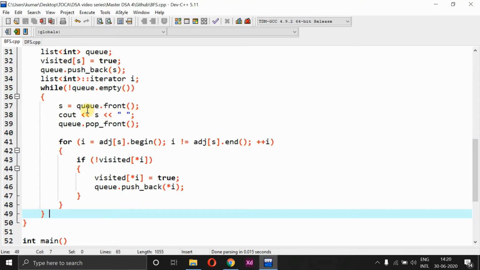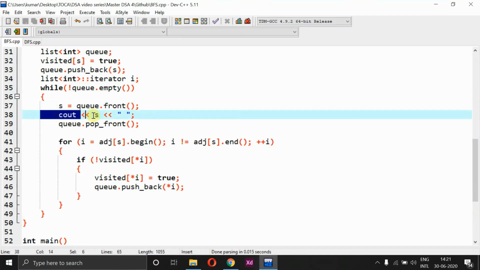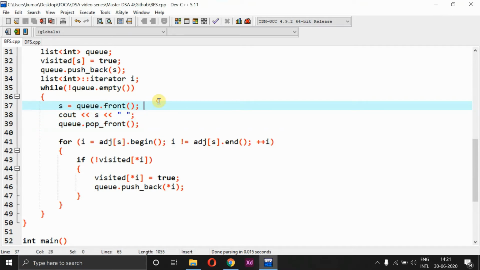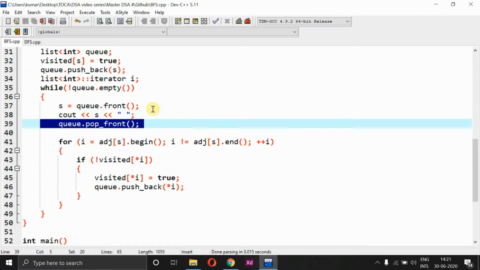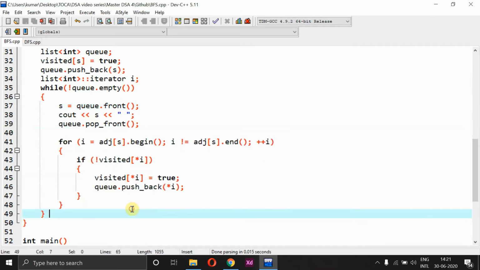Whenever one element is going to be removed from the queue, I'll be finding queue of front. After that I'll be printing the value, and I'll call queue dot pop. So here we are finding the first element, and after that I'm deleting the first element once it is displayed. Then we have a for loop, where again and again we are marking it as true and false, traversing through the entire graph using this for loop, and printing out all the values every time. So that is how this for loop is going to work.